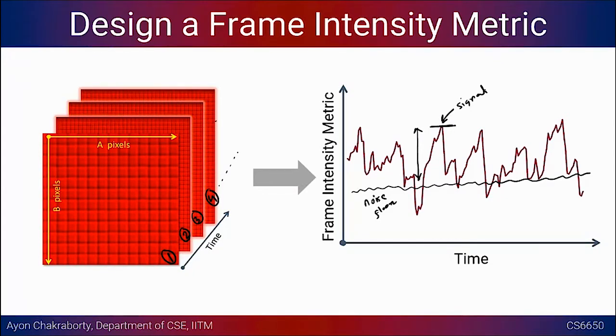Okay, the metric has to be designed in such a way so as to get as prominent peaks as possible, so that we can recover the signal easily. So if your noise floor is very high, or your signal is almost submerged in the noise, you will have a lot of spurious spikes, and you will keep on thinking that those spurious spikes might actually be heartbeats. Your algorithm might think that, and that will give you some false positives. There was not a heartbeat, but you thought that there was a heartbeat present.